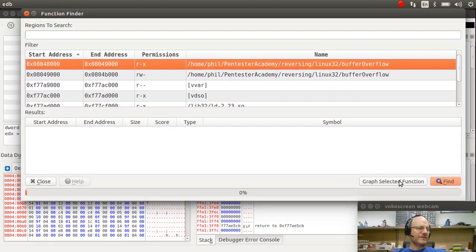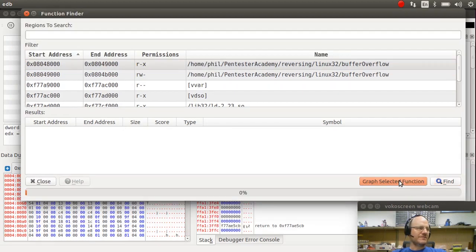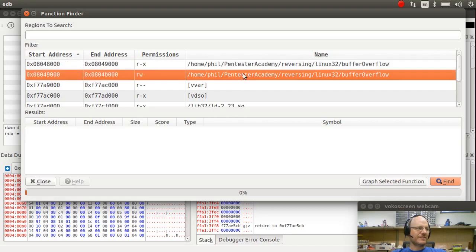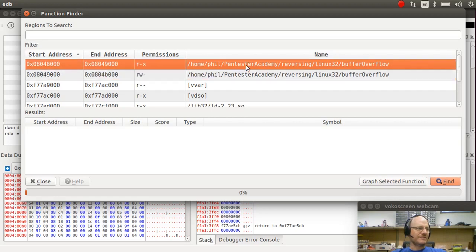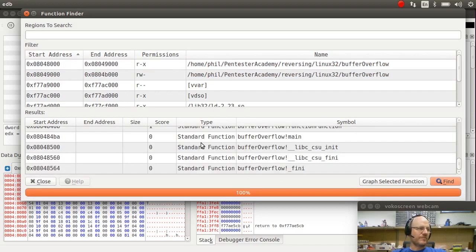I'm also going to click graph selected function. So you'll notice there are two functions here that are listed under my program. And it says my main function is here,